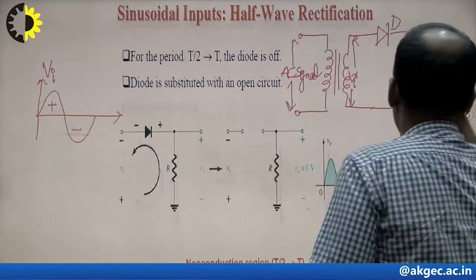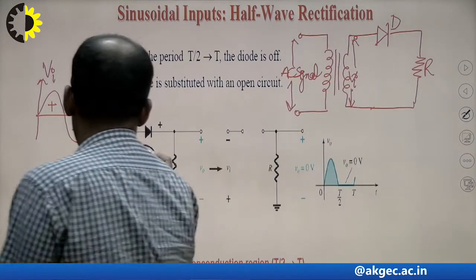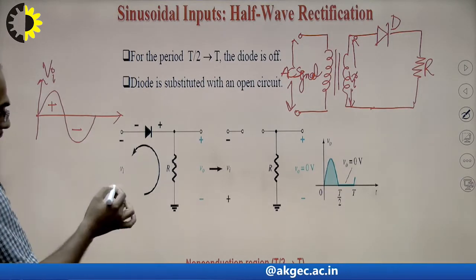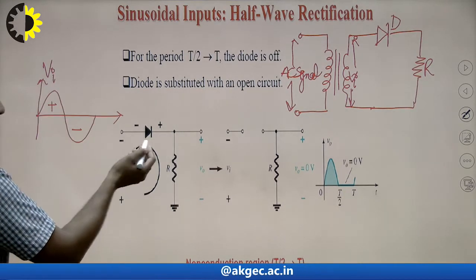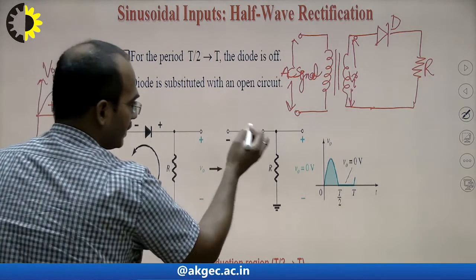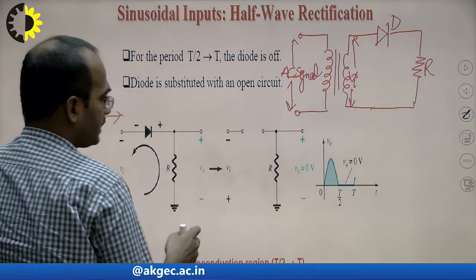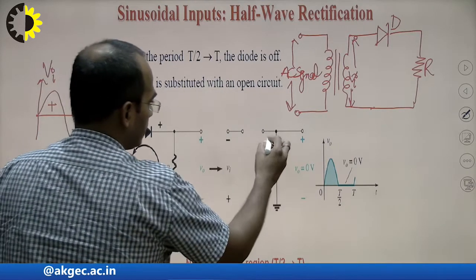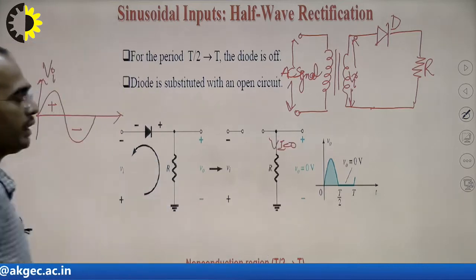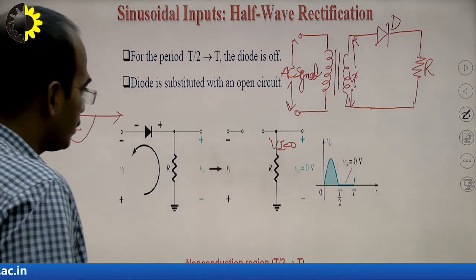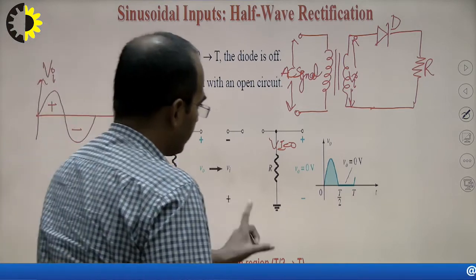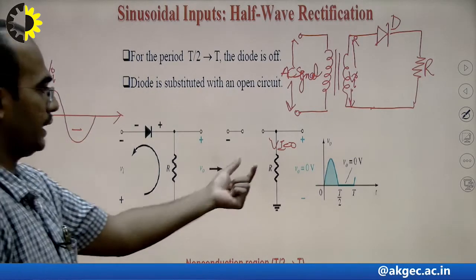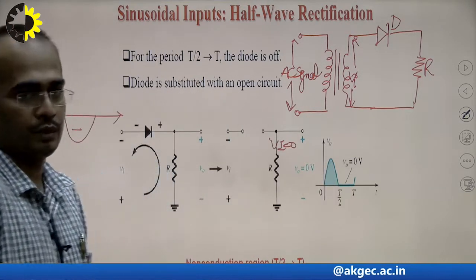Similarly for the negative half cycle, for understanding purposes, I will consider that the negative sign comes here and the positive sign comes here. So this diode is reverse biased and it behaves as an open circuit. When this diode is reverse biased, the output across the load resistance R will be equal to 0, because the current flowing through this resistance will be 0. So in this way, for the positive half cycle I am getting the same input waveform that I have applied, but for the negative half cycle I am getting 0 output.